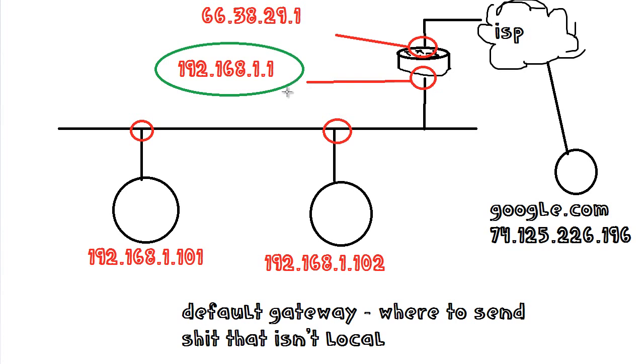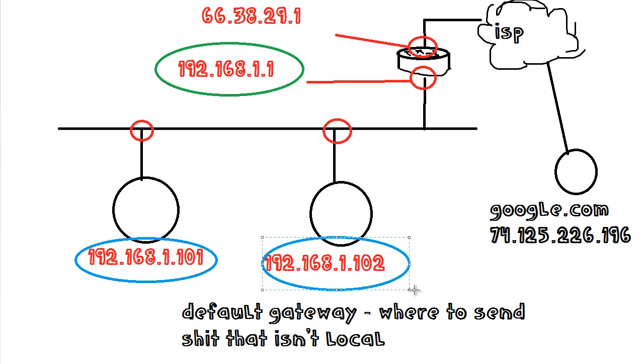So, now, how does this work? Well, we need to figure out what isn't local. How do we know what isn't local? I don't know. Well, let's see. If I send a packet from here to here, I'm sending it to 192.168.1.102. Is that local? I don't know. It looks close enough, but what's close enough? That's where the subnet mask comes in. The subnet mask determines how far in the numbers have to be the same in order to be considered local.